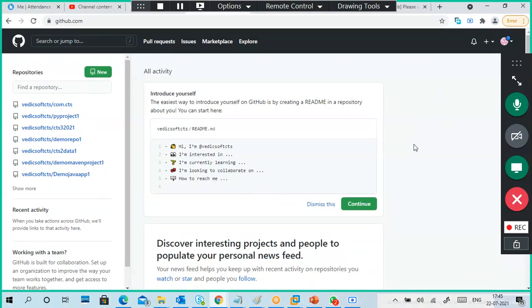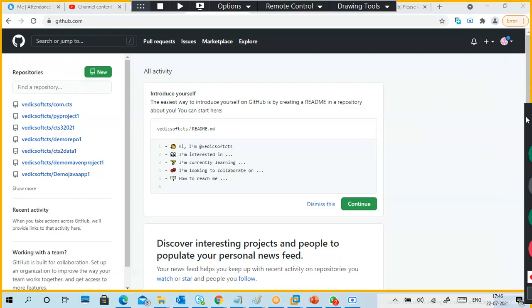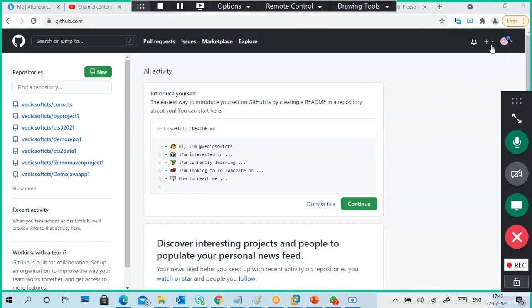So once you create an account, it's like your mail account, how you created it. You create an account and give your email ID, so that will be linked. You should not forget your email account and this one. Okay, and next, you have to create your own.